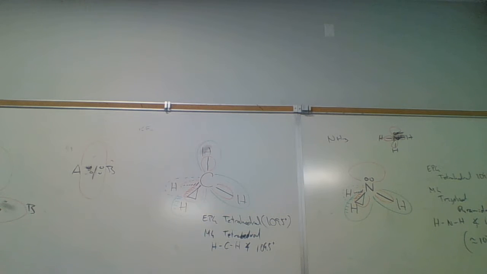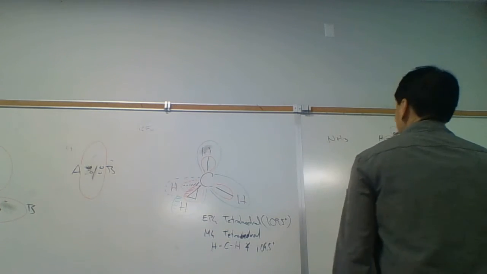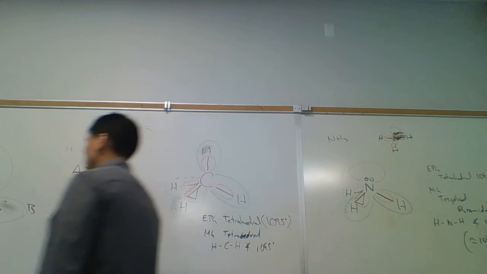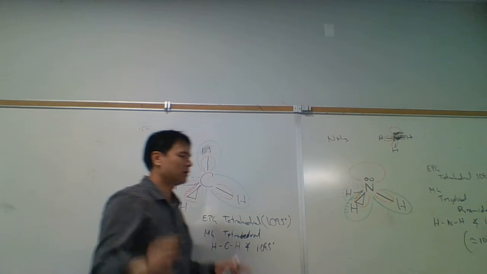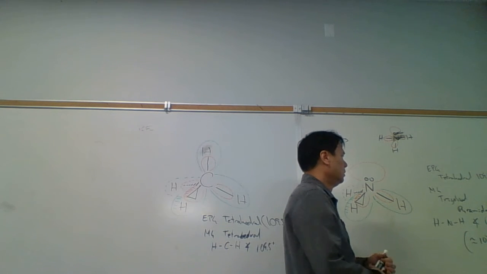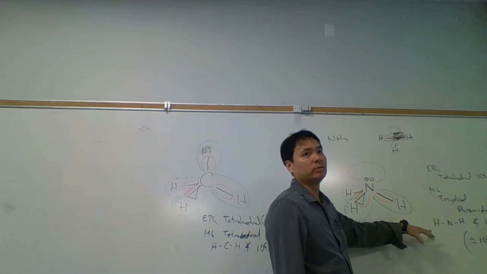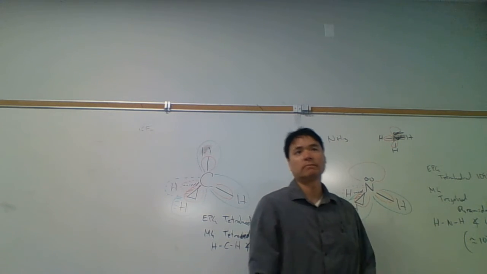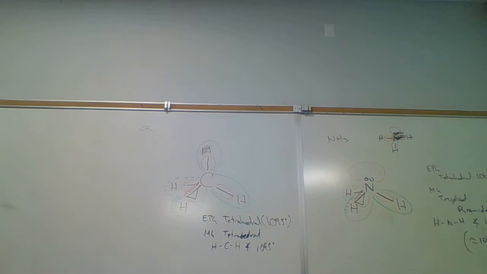Okay, now we're going to go to water. So the general rule is kind of an empirical, very qualitative empirical rule: each lone pair results in about a 2-degree compression of the bond angle. So now we're going to go to the